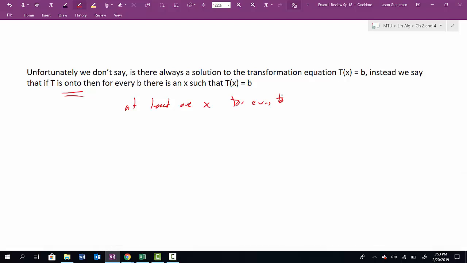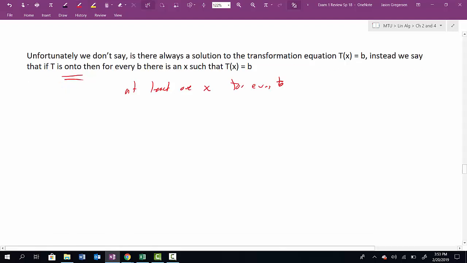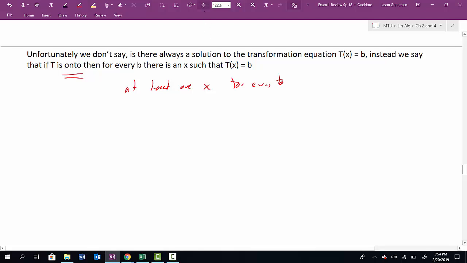So if I took a transformation and generated the matrix, the transformation would be onto if there was a pivot in every row of the matrix. If there's a pivot in every row, there will always be a solution. And then similarly,